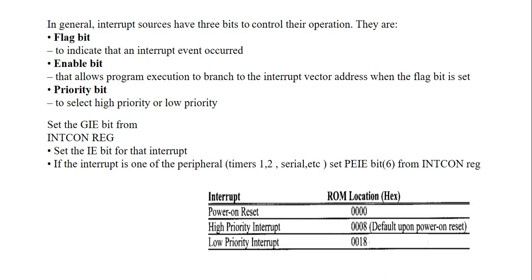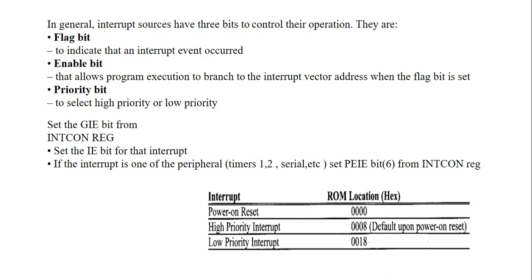See, for every interrupt, there must be an interrupt service routine. What is meant by interrupt service routine? When the interrupt happens, the microcontroller runs the interrupt service routine. That means the programmer assigns the task of what happens to the microcontroller if any interrupt occurs.